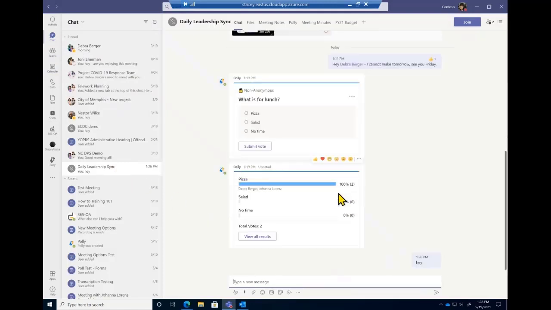So if you needed to reference it later, you could, but the chat bar will be grayed out after the meeting ends. So those are the new options we recently released, I think over the last month.